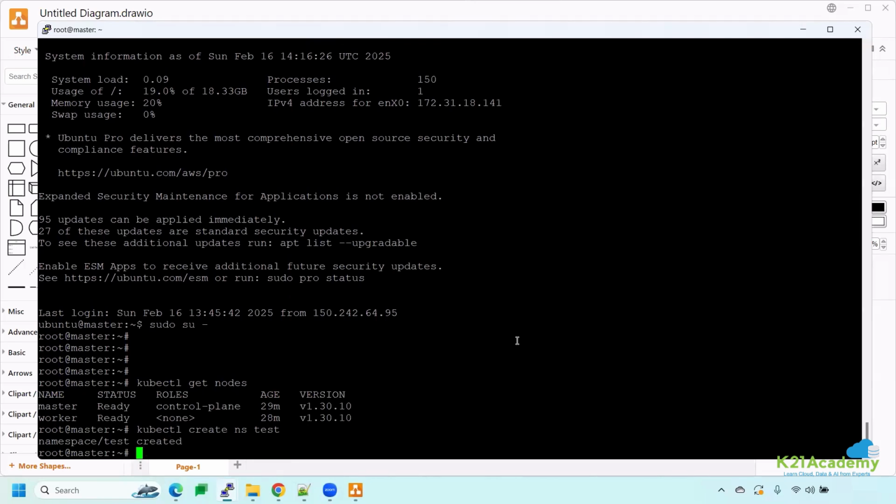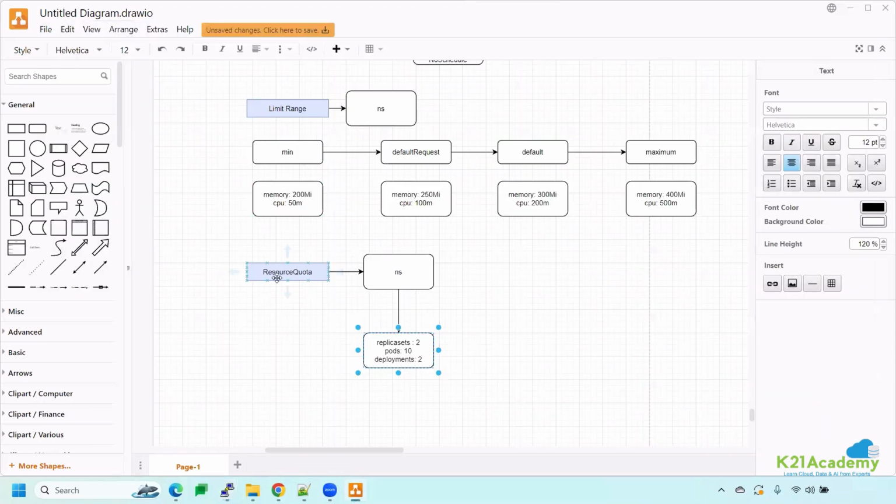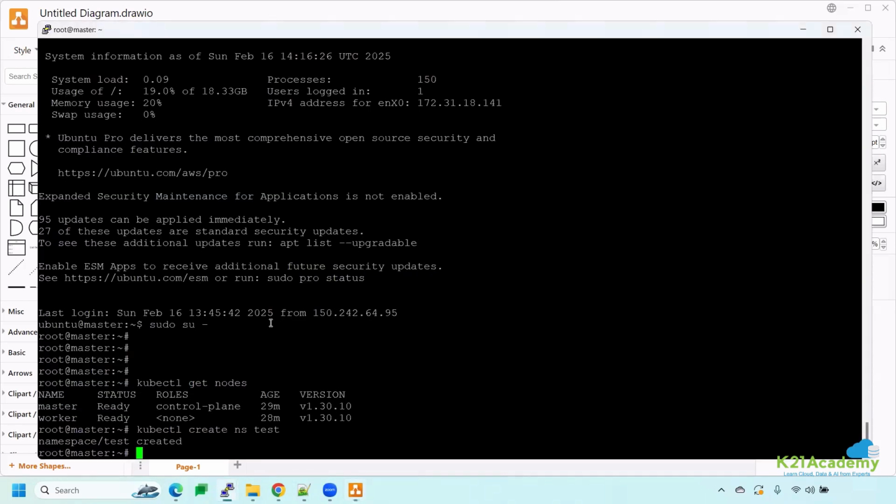Okay. Now I want to set these limits here. So in order to set these limits, I can use any one of them, or I can apply both of them. It's up to me because they are serving different purposes. This one will be applied to the containers, and this one will be applied to all the namespaced objects. Okay, so I'm going to create a component called limit range. Let me see. Okay, so limit range.yml,